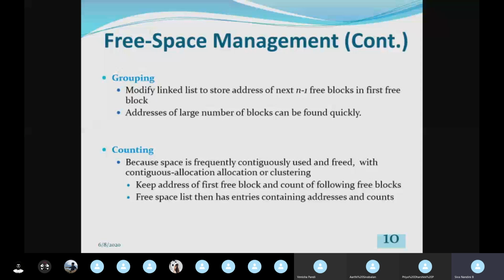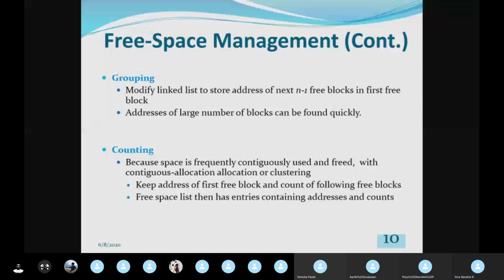If I am going to access the 19th free block, then in that block the pointer to the next free block and the remaining count, 10 free blocks, will be available.